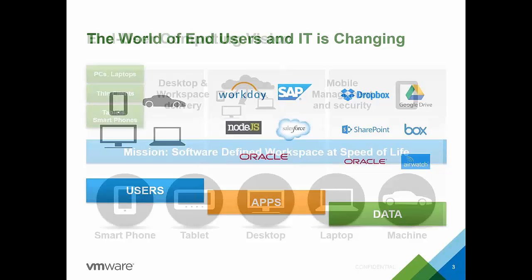It's about the end users and how they want to work, whether they're in a coffee shop, at home, on the road, in an office, accessing the applications and data that they need when they need it, across everything from laptop to desktop to even in their car. It's also a great term because it signals that customers can take advantage of the full capabilities up and down the stack that VMware brings to bear around the software-defined data center